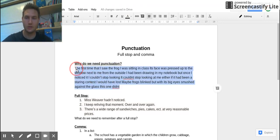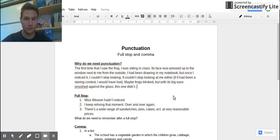So if we change this to the punctuation that it should have, then it becomes more clear for us how to use it. So here we have: The first time that I saw the frog, I was sitting in class. Its face was pressed up to the window next to me from the outside. I had been drawing in my notebook, but once I noticed it, I couldn't stop looking. It couldn't stop looking at me either. If it had been a staring contest, I would have lost. Maybe frogs blinked, but with its big eyes smushed against the glass,